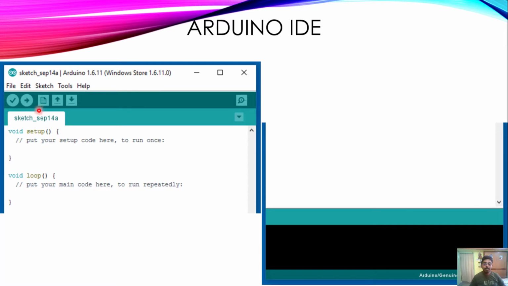and this is the new button, to create a new file you can use this button, and this is the open button. If you have an existing file, you can open the Arduino file using this button. And then this is the save button, and here is the code area where you can start programming. Similarly, this is the compilation area. You can see the output or the errors which are thrown during compilation. And here you can see the board which is selected. Here Arduino Genuino Uno on COM1 is selected. We will discuss this later.